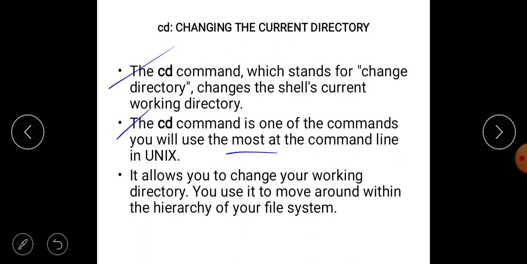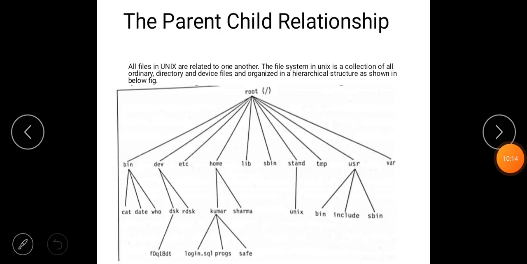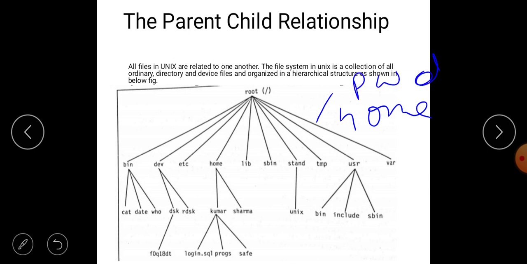I told you that we can move from one directory to another directory, so it should follow the hierarchy. Suppose I show that. This is the hierarchy. Suppose you are in home. Currently you are in home, and when you give pwd, you will get this path. Suppose you want to move to Kumar or Sharma, you have to give cd